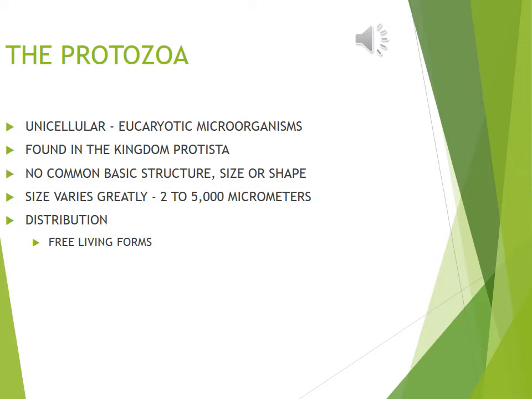Hello all. Today we are going to start with a new chapter, that is Protozoa. So first I'll be talking a little bit about the morphology of Protozoa. All Protozoa are eukaryotic protists. So I repeat, they belong to the category of eukaryotes and they are found in the kingdom Protista, hence they are called eukaryotic protists.